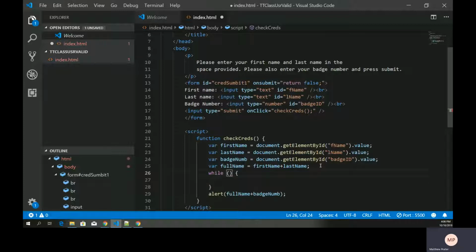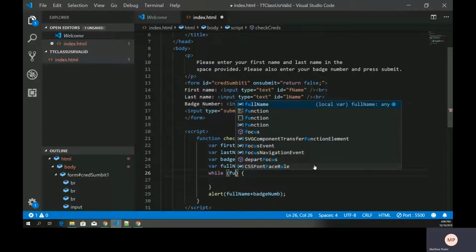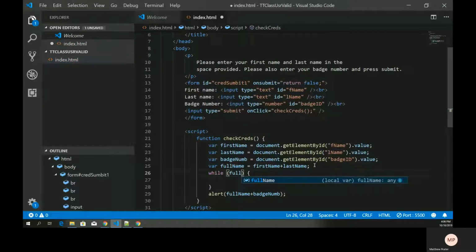Now, what I want to do is I want to trap it. If it's greater than 20 characters, I want to trap it. Okay? I want to get it stuck in this loop. So what I'm going to do is I'm going to do full name. And I don't care what full name is. I care about how many characters it has. So I can do a dot length. And then if it's greater than 20,